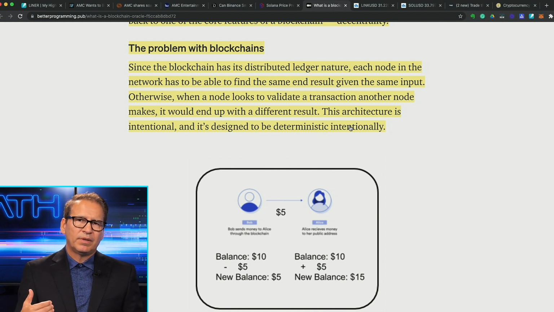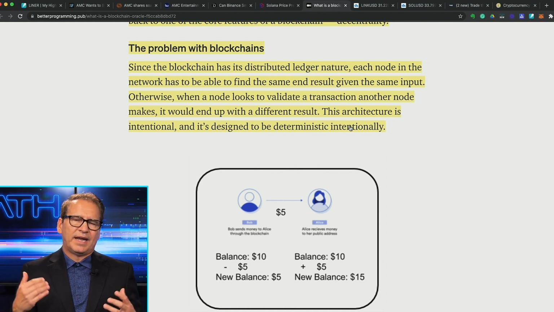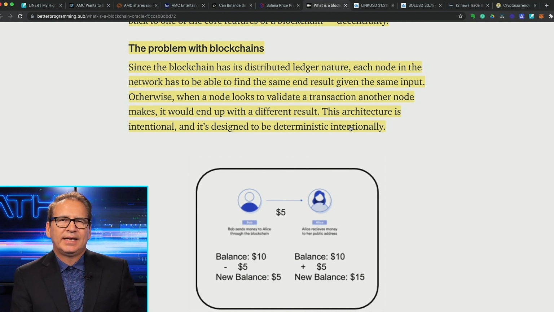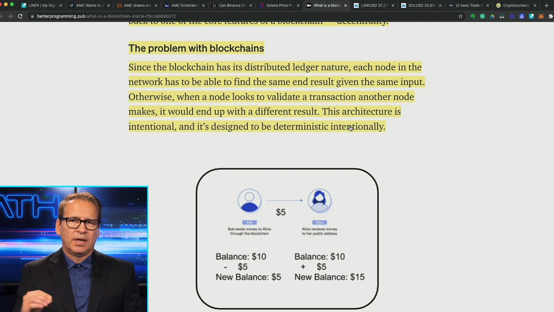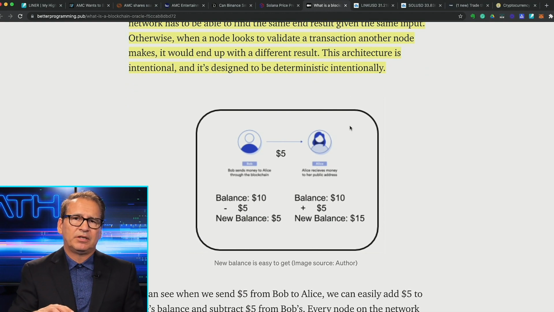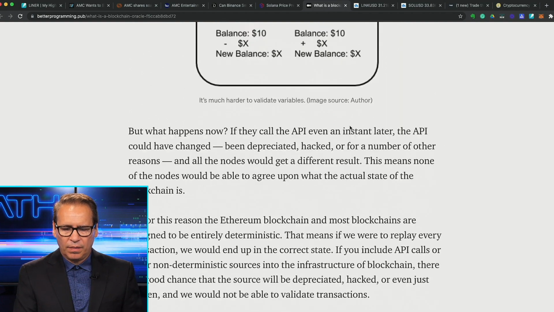So the problem that you have is once you have a centralized oracle, meaning one or two spots where the data is going to flow through and essentially wind up on the other side and surface in the blockchain, it is hackable. It's probably, I would say it is, the most vulnerable point of the whole transaction stream, when you look at how real-world data and real-world applications are going to eventually interface into the blockchain. That's why you see a lot of companies who are basically building on the blockchain itself.